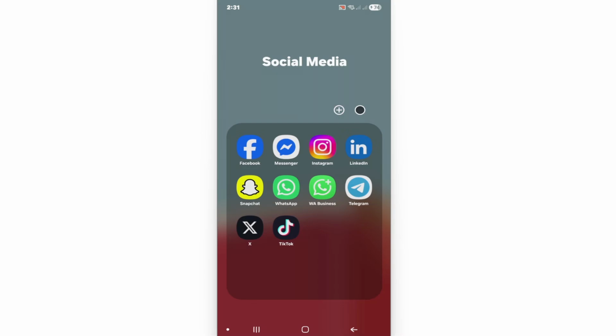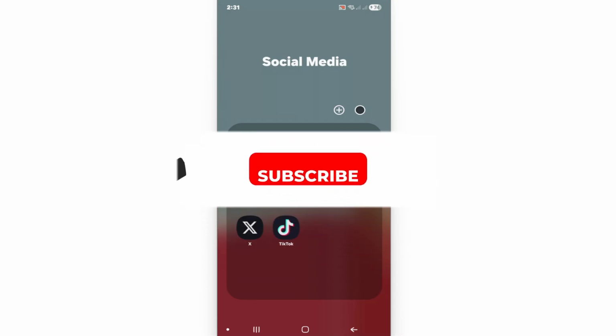Welcome. In this quick and easy tutorial, I'm going to be showing you how to remove someone from a WhatsApp